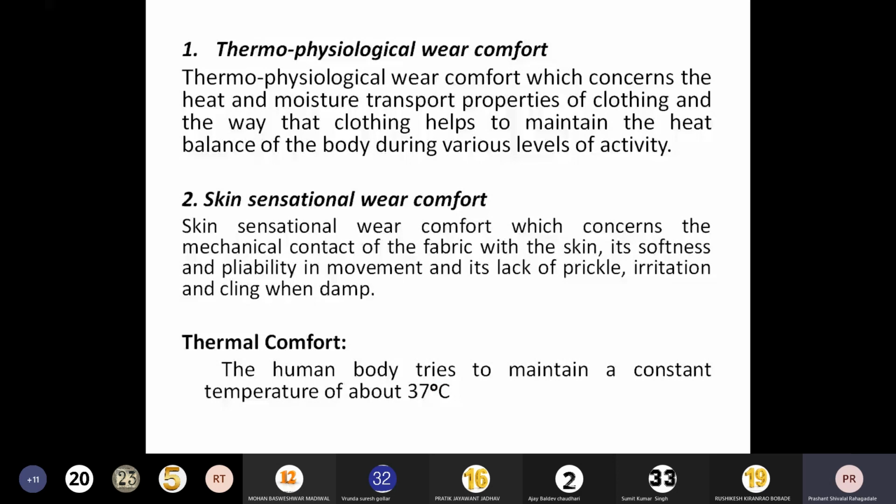Now, if I am in a situation to maintain a temperature for which my body parts are made, they will feel comfortable. So what is that temperature? That is 37 degrees centigrade. Okay. So if I am in a position to maintain 37 degrees centigrade, you will find that I will